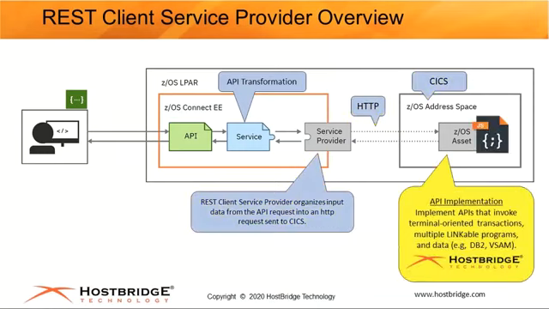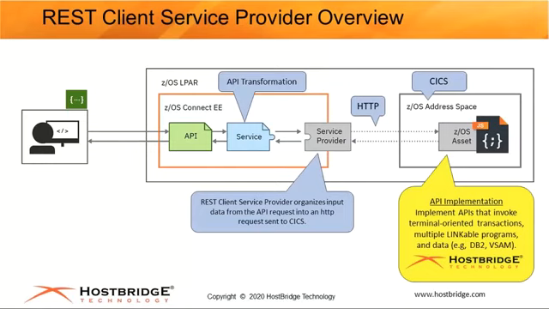This turns out to be pretty good for us, for HostBridge, if we happen to be the implementer of the API implementation, because our native tongue, so to speak, is HTTP and JSON. This sort of a design pattern and the other kind of play right into our hand and our approach to doing things. But it really doesn't matter, because we have a very generic design pattern that IBM has